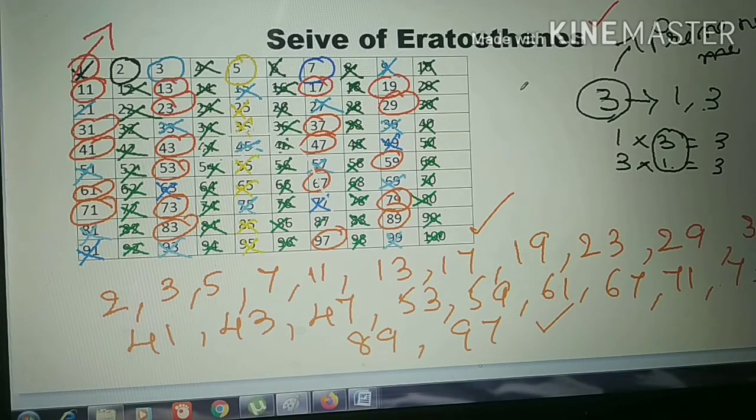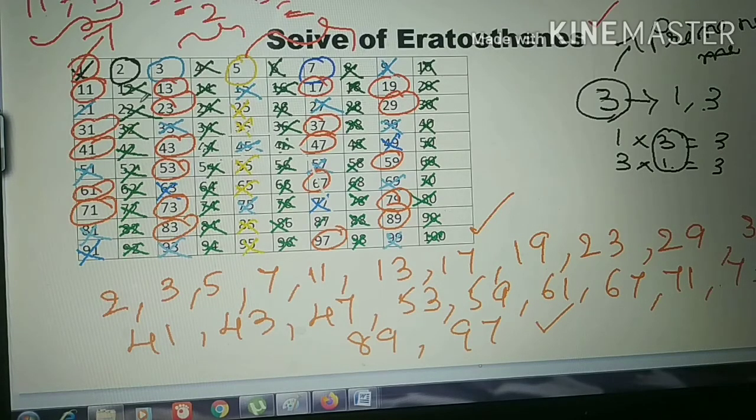Now see twin primes. A pair of prime numbers which differ by exactly 2. For example, 5 minus 3, you have the difference 2. Now if you find 11 and 13, the difference of these two prime numbers is also 2. The difference must be equal to 2. 13 minus 11 you get 2.